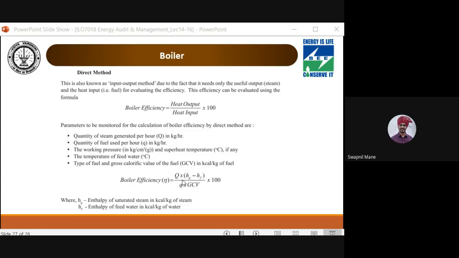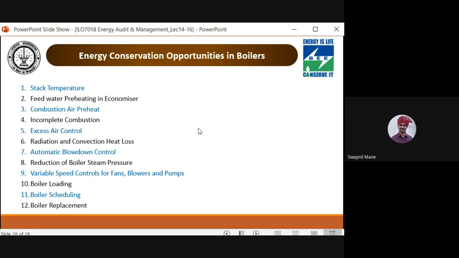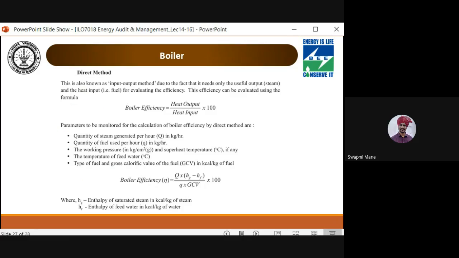And boiler efficiency is given by this formula: Q into (Hg minus Hf) upon small q into gross calorific value. So this becomes the heat input, this becomes the heat output, Hg minus Hf. If it is superheated steam, then Cp into (T sup minus Tsat), this also you can take. Right. So now, having said this, indirect method